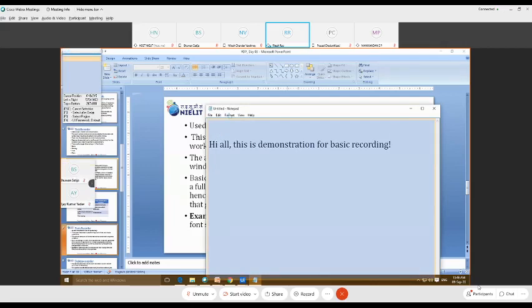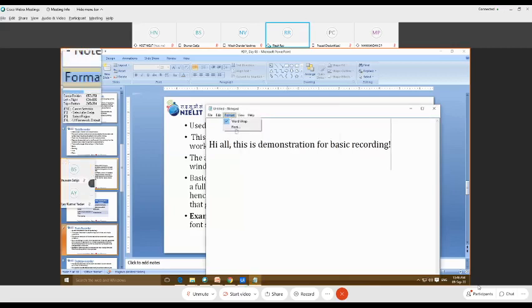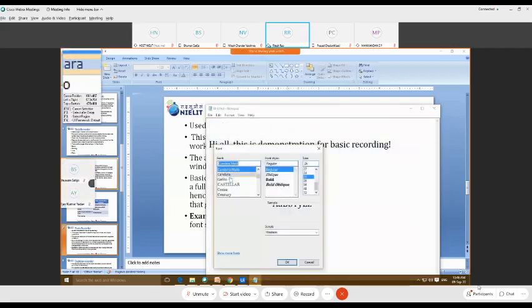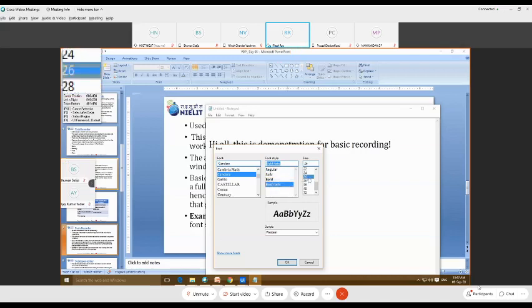Now I'm going to change the font. Presently it is Cambria Math, and you can take any font. I'm just going to change it to Candara, and then the font style from regular to bold italic, and then size 22. Okay, so these are some changes which I have done using the left click of the mouse.